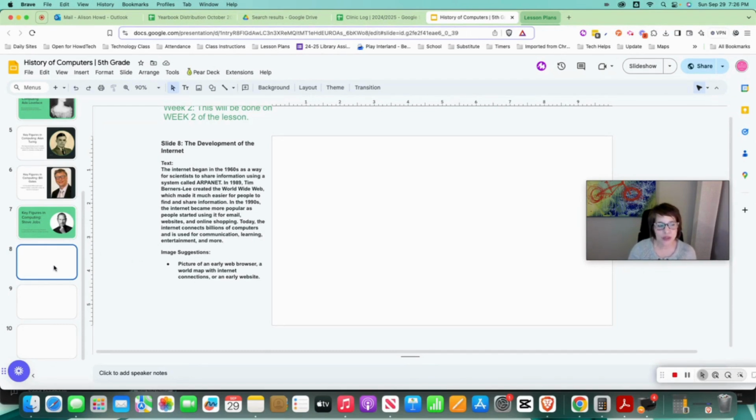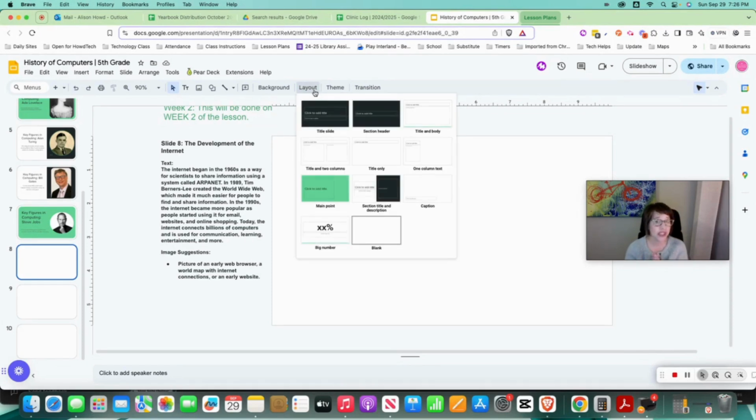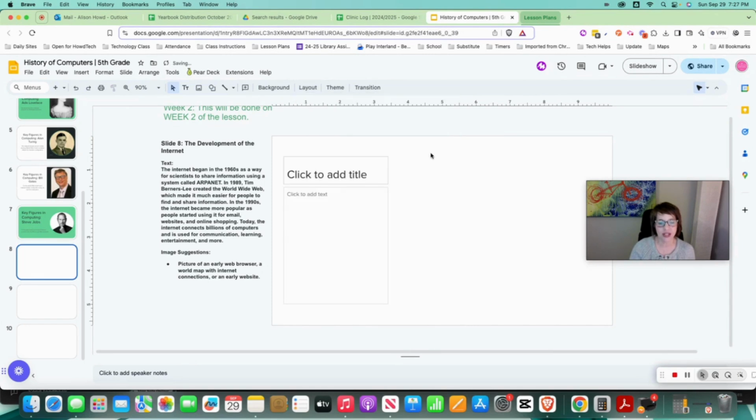Now the next thing we want to do, making sure we're on slide 8, is we want to choose a layout. Now if you remember from last week, the layout's really great because it already gives you a text box for the title, and it also gives you a text box for your text that you want to add. So let's go ahead and choose a text box. Let's choose this one column text right here,